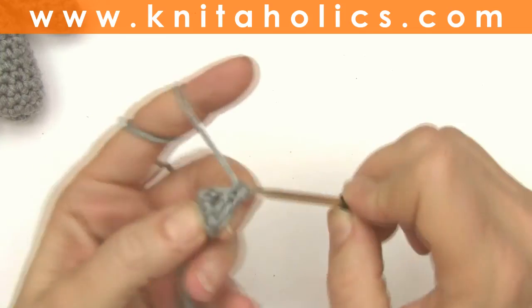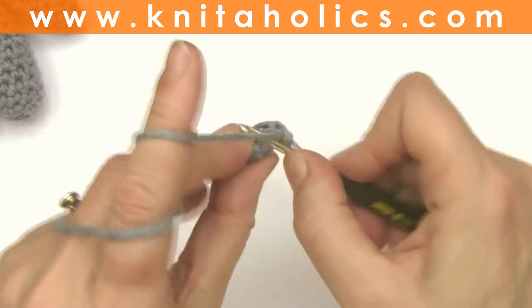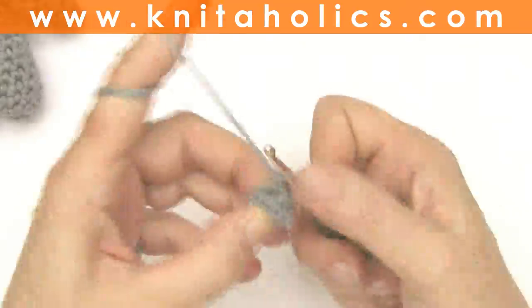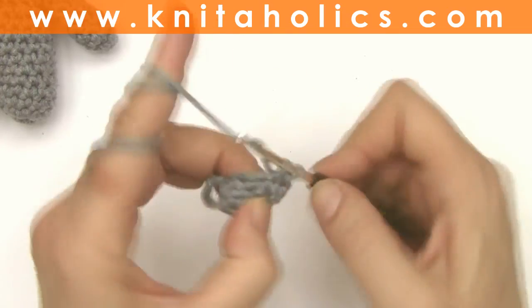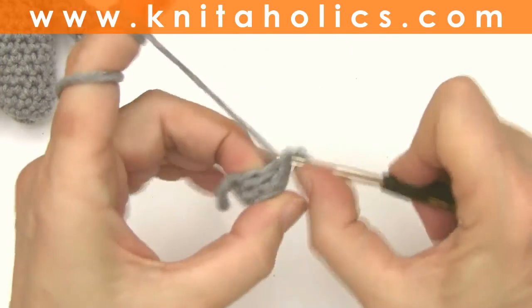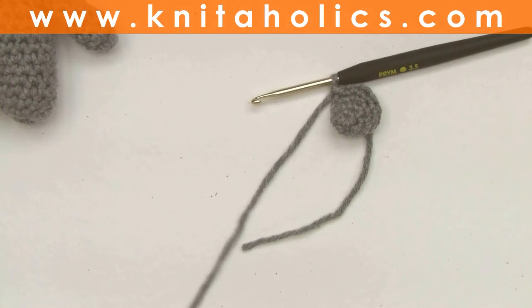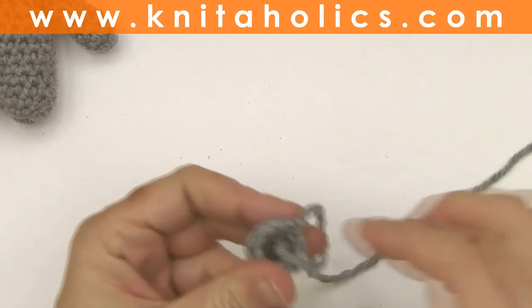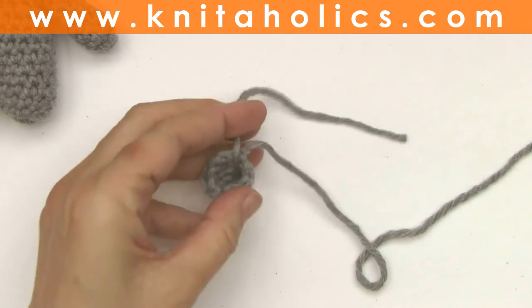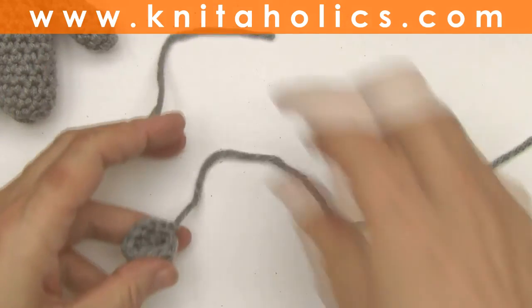In the third round you double every third stitch, resulting in 8 stitches. And in round 4 you double every fourth stitch, resulting in 10 stitches. You finish one ear with 1 slip stitch and chain 1, and you cut the yarn with approximately length of 20 centimeters. I cut the starting thread